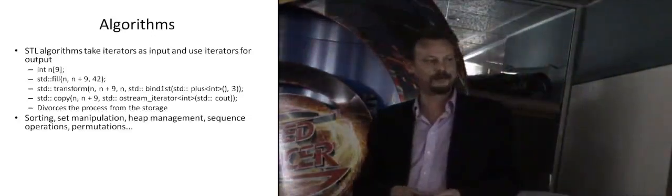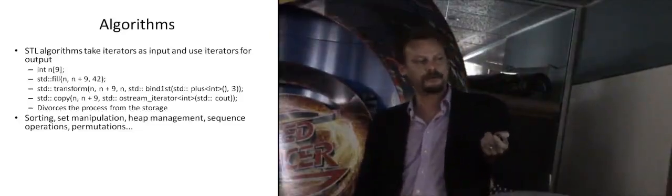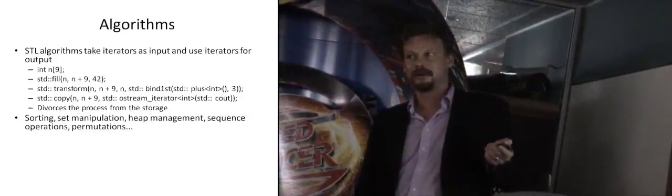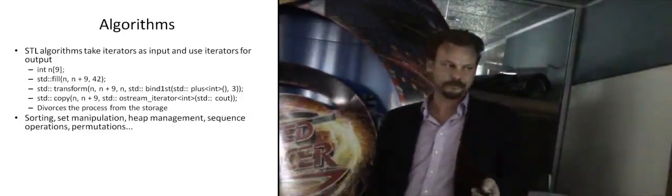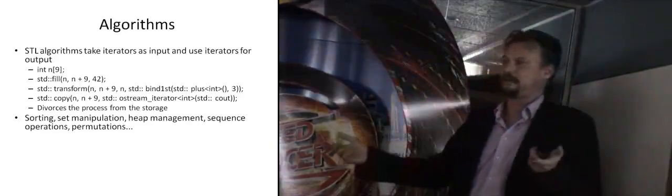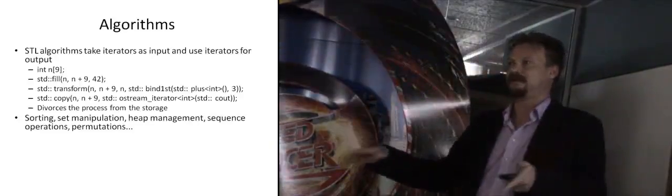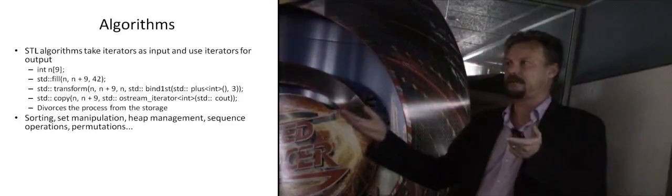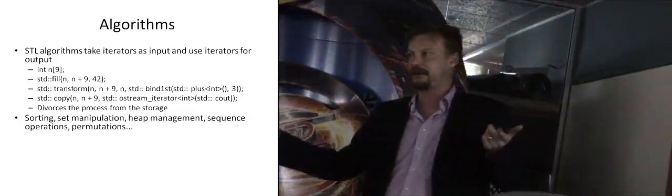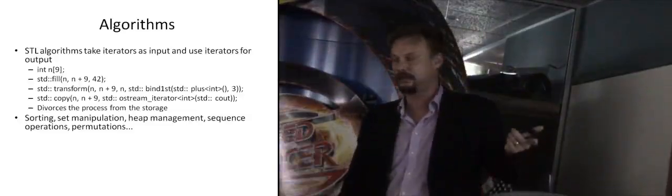It's not memory heap management. That's basically heap management as it pertains to priority queues and heaps as a data structure. There's sequence operations and also permutations, so given a range of elements, you can shuffle it to be a random permutation and find the next permutation. So it's a nice way to, if you've got 52 cards, shuffle those cards in one step in STL,